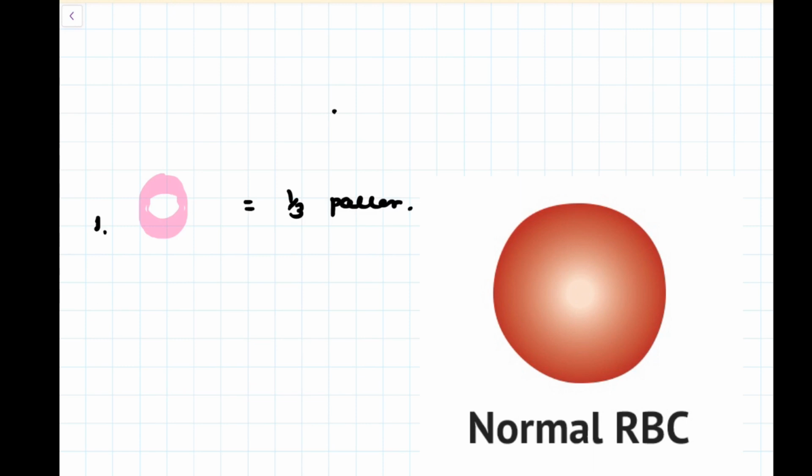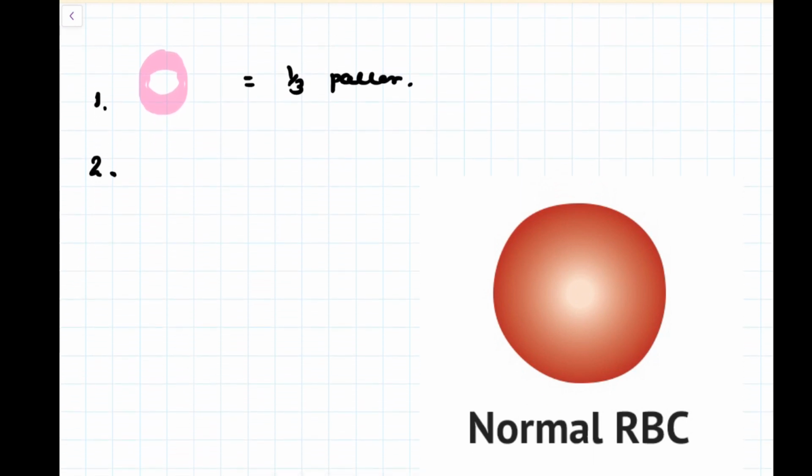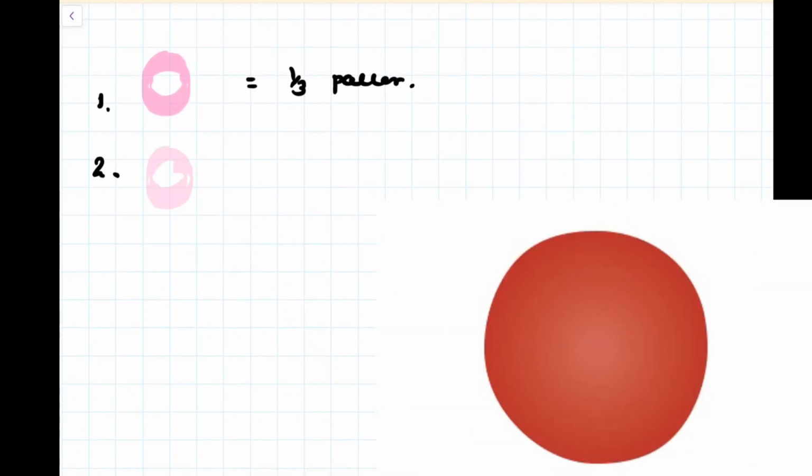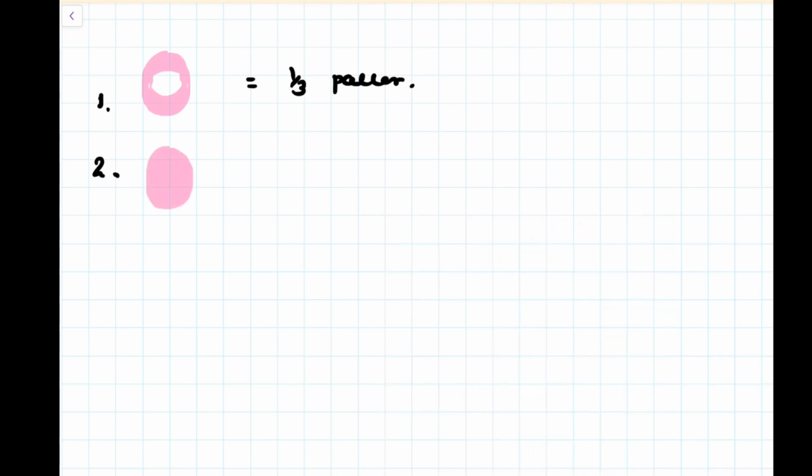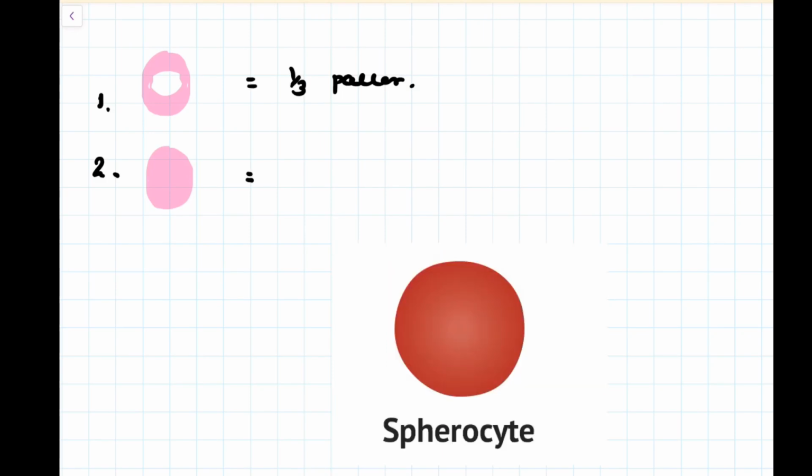First thing. Second thing, if you see a RBC which doesn't have any central pallor, which we saw just now in this particular smear, RBC without central pallor, then we call it spherocytes. No central pallor, there is no hypochromic area in the middle at all. This central area is absolutely pink. So RBC with no central pallor which we are seeing here is known as